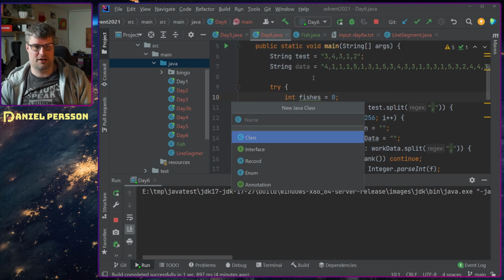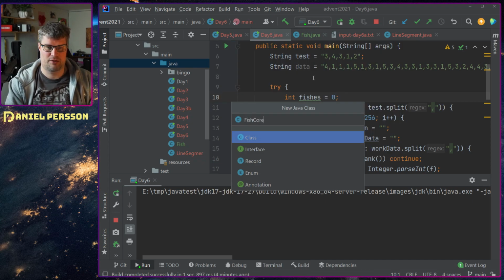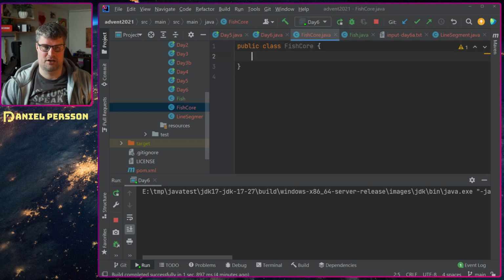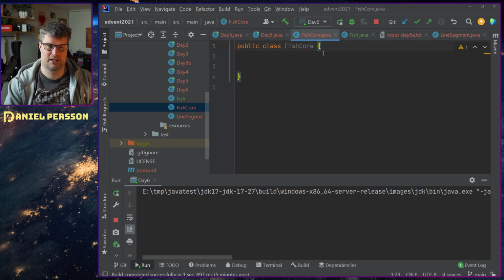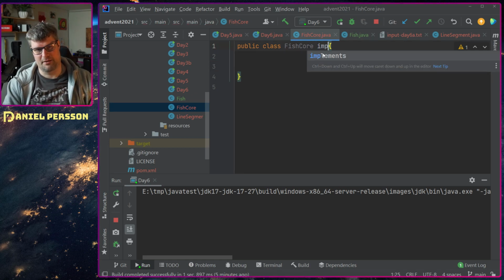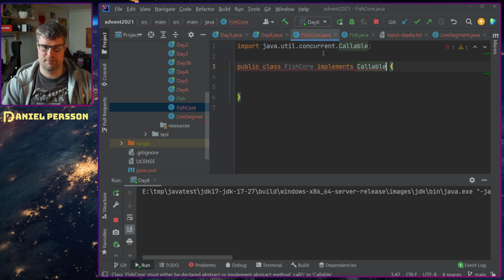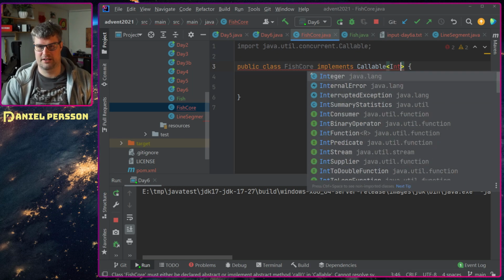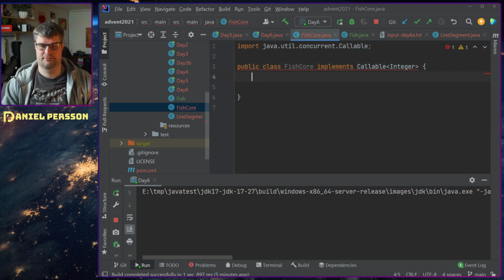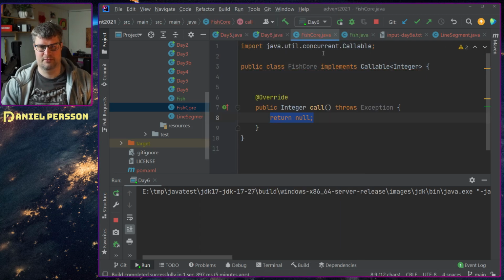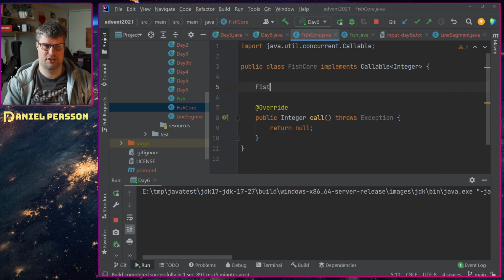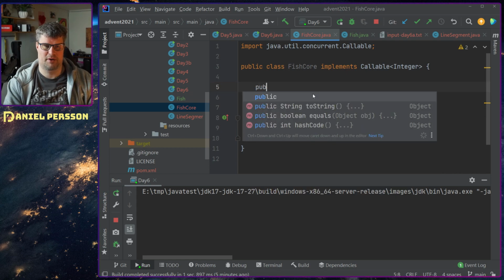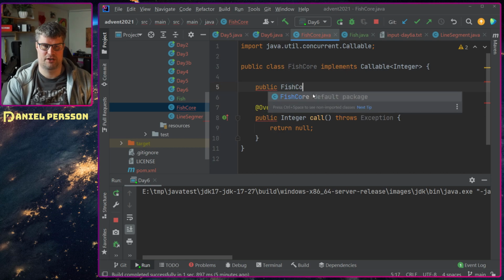So let's create a new fish core, because that's hardcore, and it will implement callable int, implement method call, so that will give you an integer back, and the fish public fish core